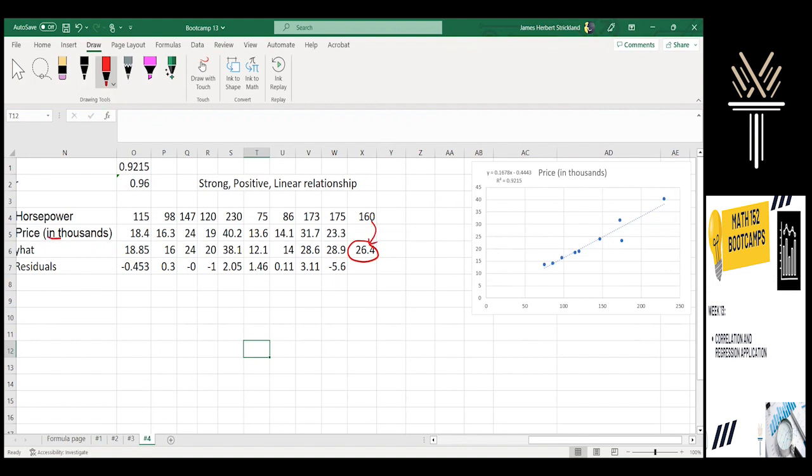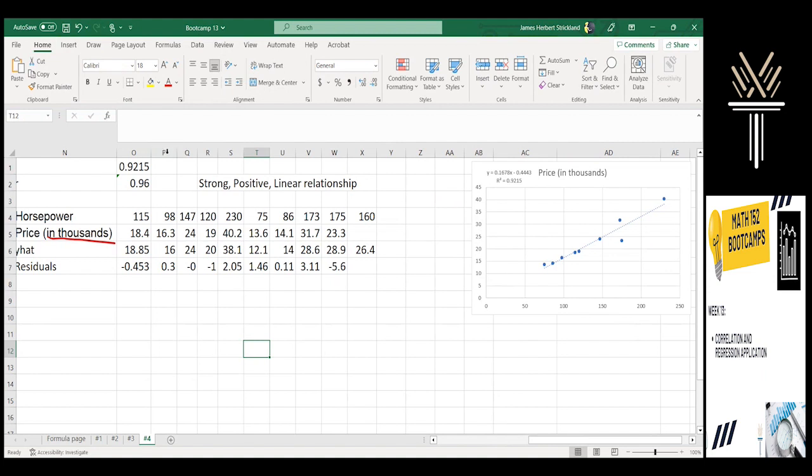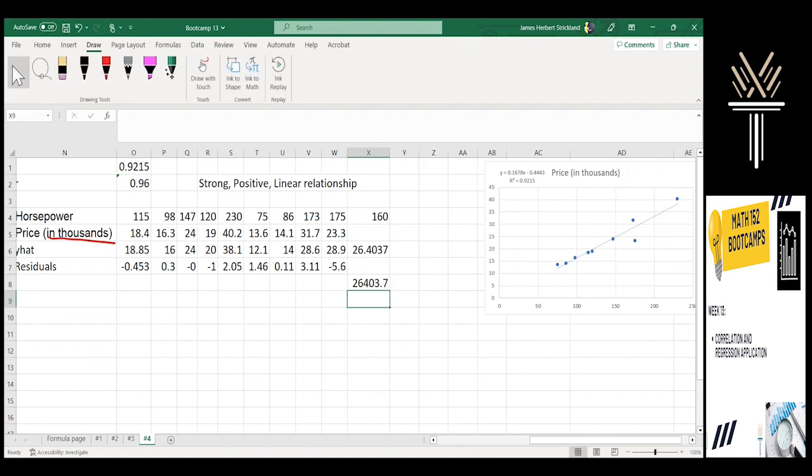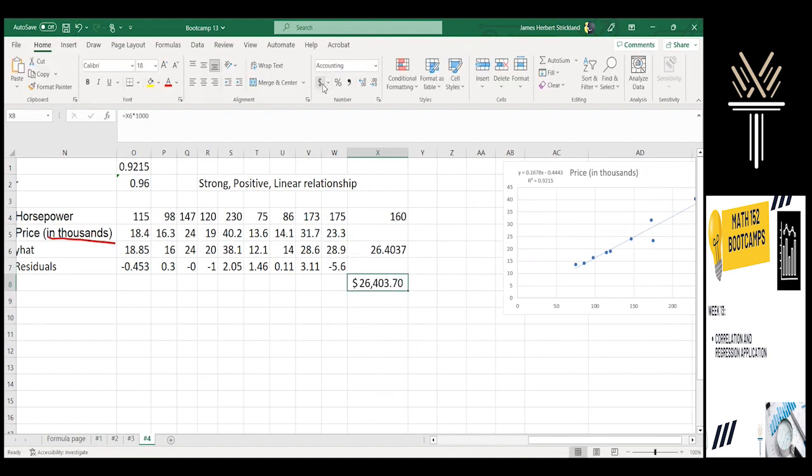careful because we want to convert it to thousands. So the answer is not actually 26.4 unless I put 26.4 thousandths. More traditionally, what you would do is simply times that by 1,000 to know the right price. So maybe I'll do that over here. 26.4 times 1,000. And so now I can go to home and turn this into money and see that the actual value that we predict for a 160 horsepower car is